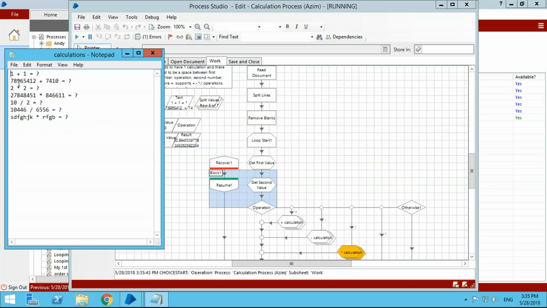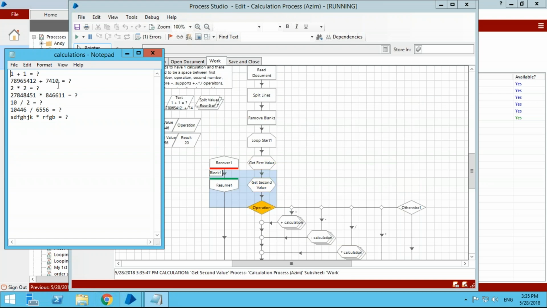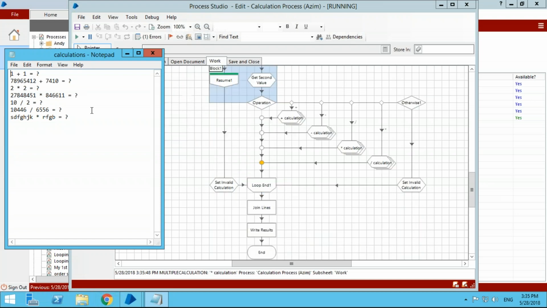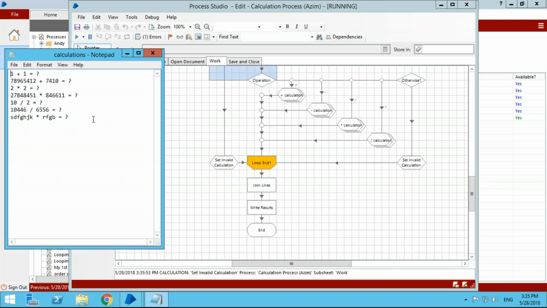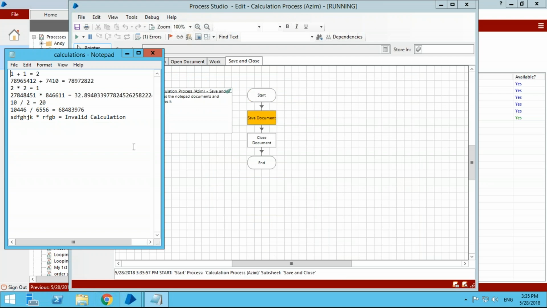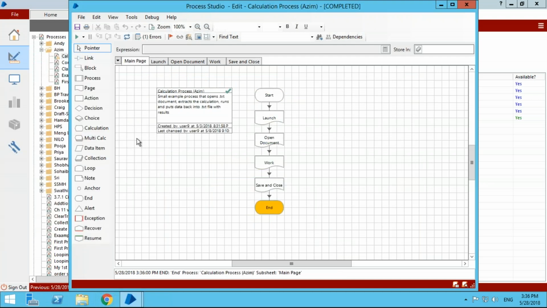So the rule for mine is take the numbers, put them in your process, work it all out, put it back into the Notepad, and then save it. So it's all being done by the computer. So you program it once. So you see that? It wrote my results, saved the document, closed the document, and the automation is ended.